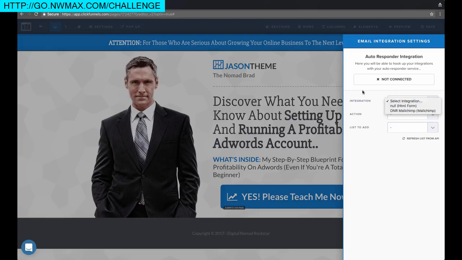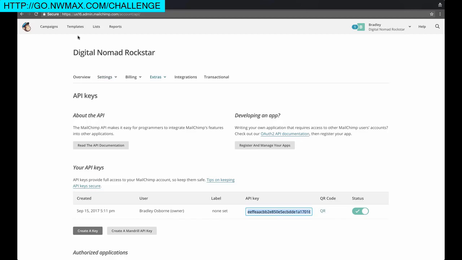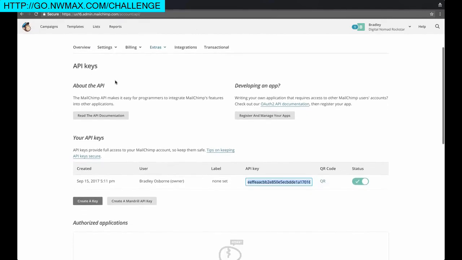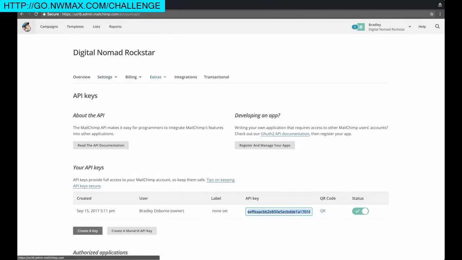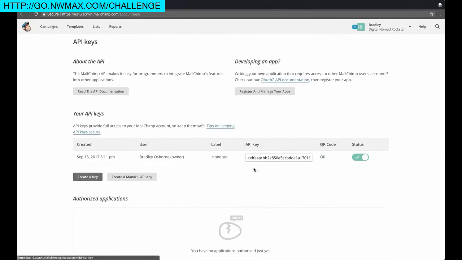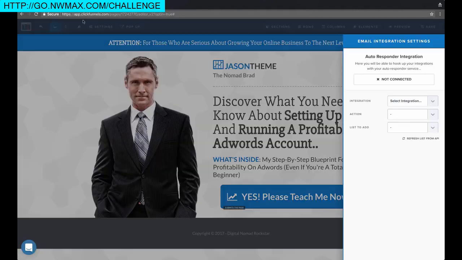There are different integrations for different email service providers, but I'll show you the MailChimp process real quick. This is going to vary, and ClickFunnels has great documentation about how to do this for different providers. But for MailChimp, you're going to go to your account here. You're going to go up here and then click on account. And then in here, you're going to go to extras and API keys. And you can either create a new one or you can use the one that they have. And grab that, copy it,